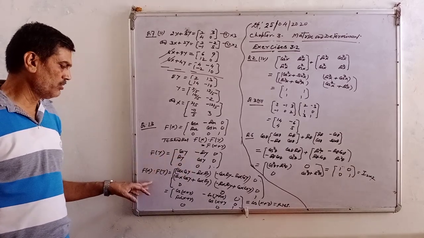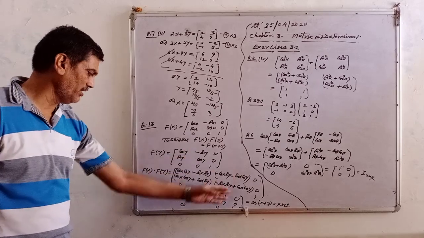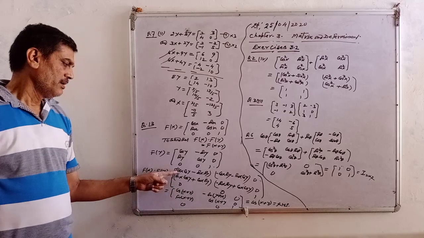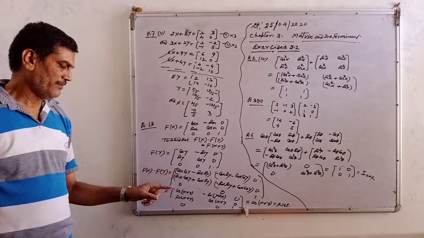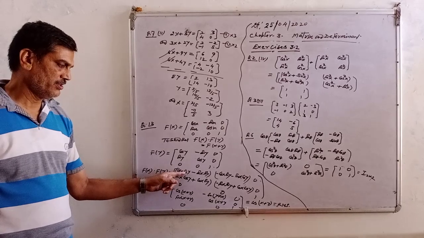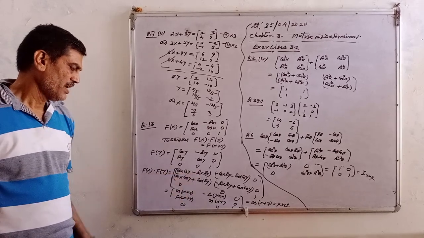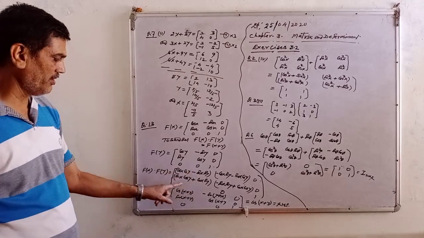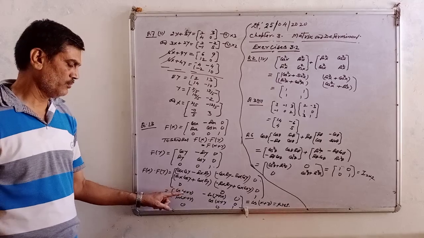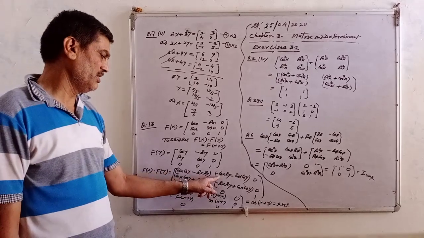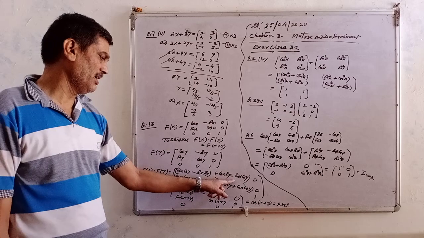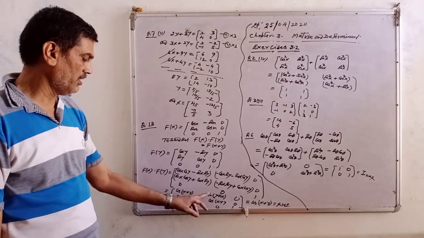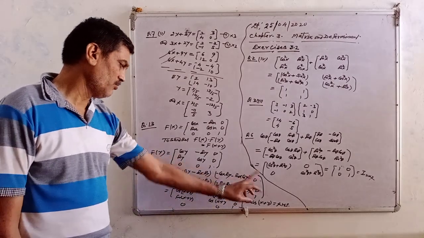Then multiplying both fx and fy, after multiplying, and how to multiply you know, you will get this. Now apply the trigonometric formula. This is the form of cos a cos b minus sin a sin b. So cos a cos b minus sin a sin b, you know, is cos of a plus b, means here you will get x plus y. And when you take minus sin common from this element, you will have within the bracket cos a sin b plus sin a cos b, that is sin of a plus b. And the third one is 0.